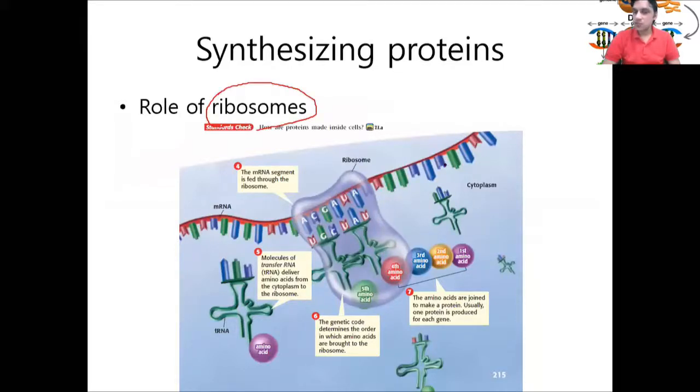The sequence of messenger RNA is used as a template, and using that information present on the sequence of messenger RNA, which is transcribed from the DNA earlier, a ribosome creates and puts amino acids together. First amino acid, second amino acid, third amino acid, fourth amino acid, and that is how it creates a polypeptide